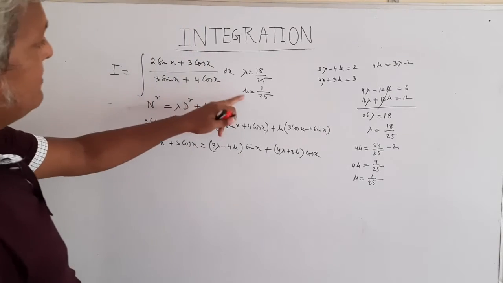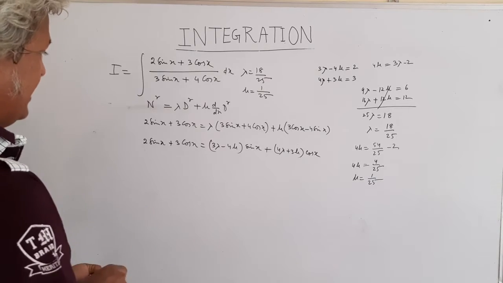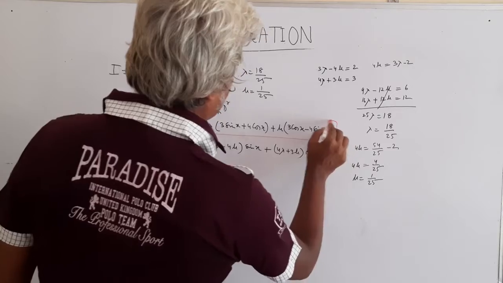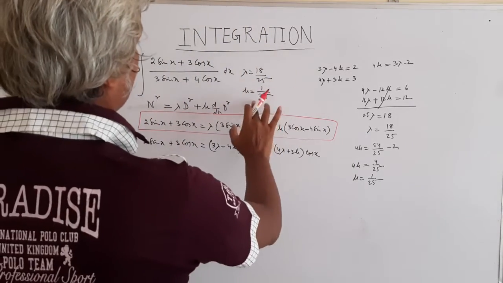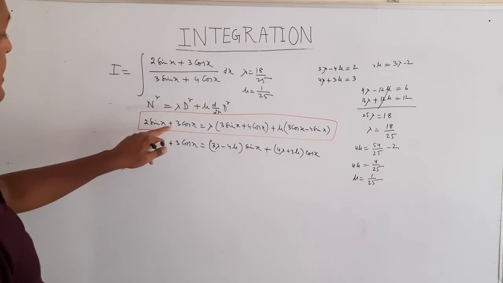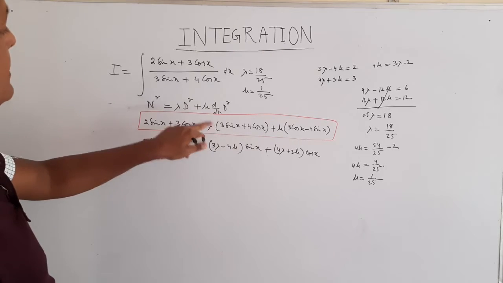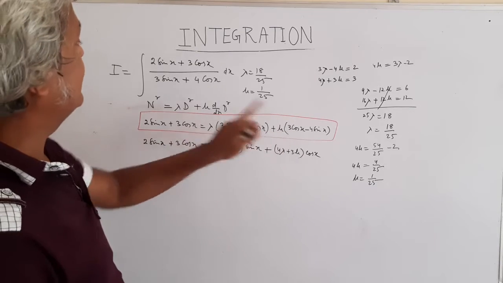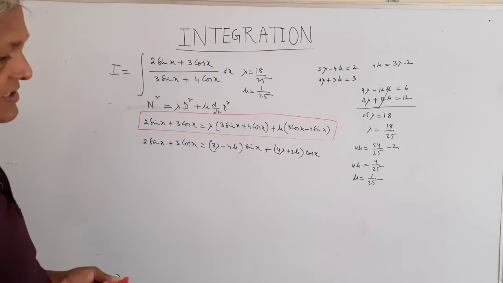So now lambda and mu both, I can write these values here in this expression, and then here in this expression we'll replace the value of lambda and mu by 18 over 25 and 1 over 25 respectively, and then our numerator 2 sin x plus 3 cos x will become this 18 over 25 times this plus 1 over 25 times this. So now I'm going to do the same thing there. So let me clear some part of screen.